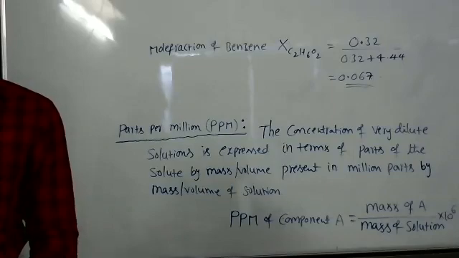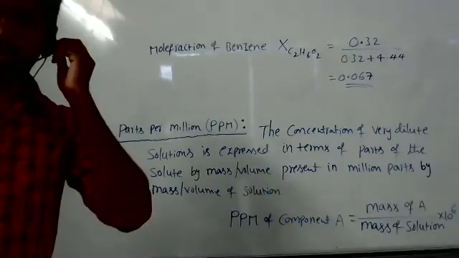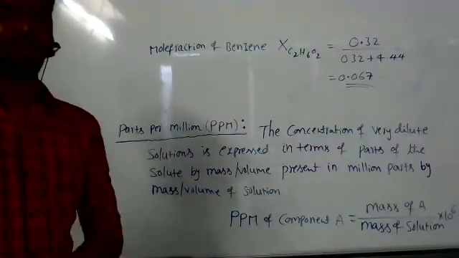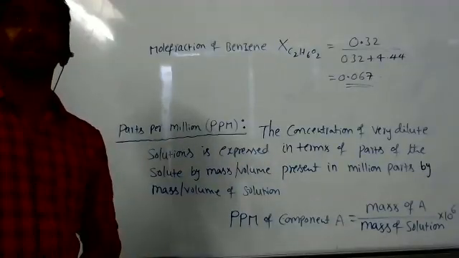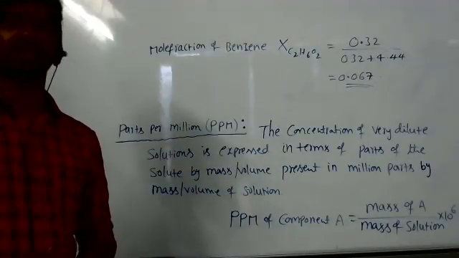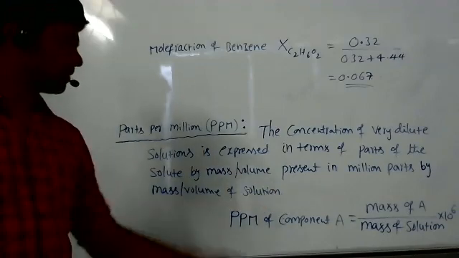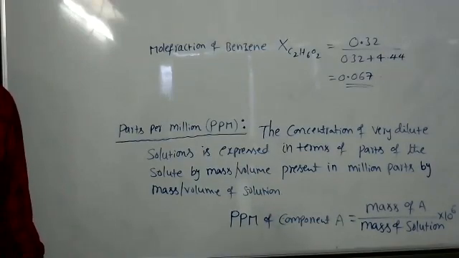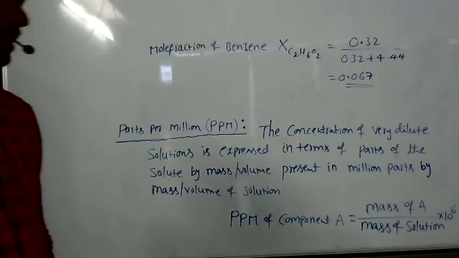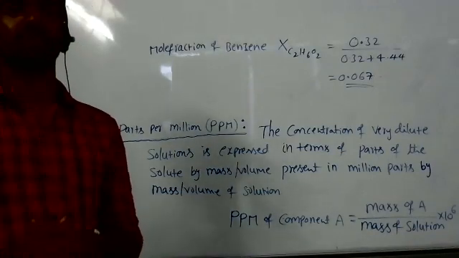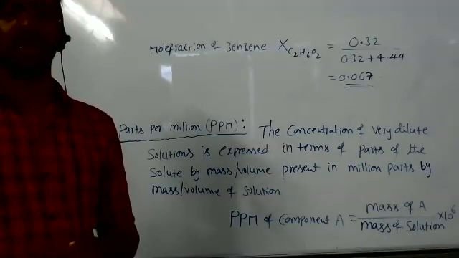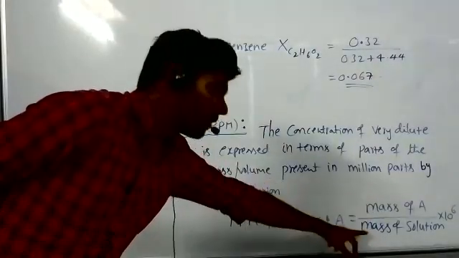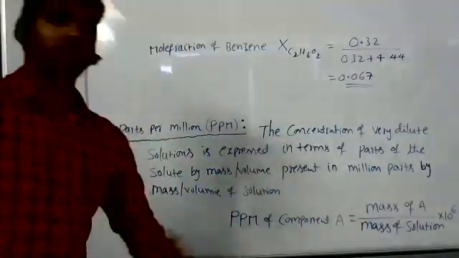Think of pollution checkup machines. They express results in ppm only: how much carbon monoxide, carbon dioxide, sulfur dioxide, and other carbon or dust particles are present. Such particles are measured in terms of ppm only. In such cases, they take volumes. For impurities present in air, the same ppm concentration term is used, but here it is the volume of sulfur dioxide divided by the total volume of gas taken, into 10 power 6.